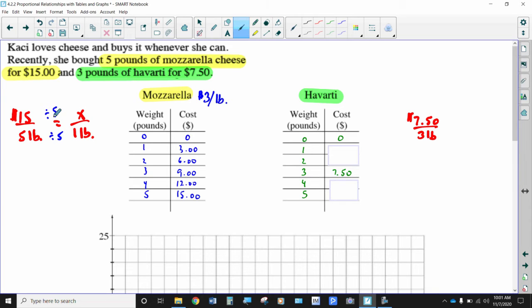Okay, now that we got that straightened out, this one, we are going to eventually divide by 3 to get the price of something over 1 pound. What is $7.50 divided by 3? Well, it turns out that is $2.50. So if the unit rate is $2.50